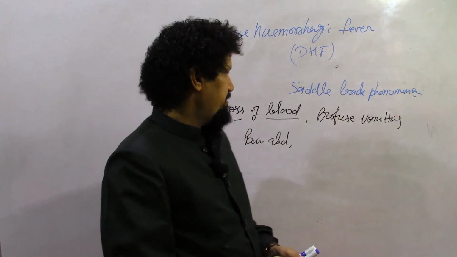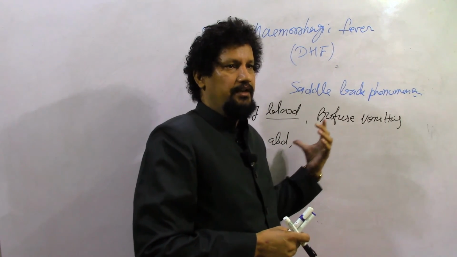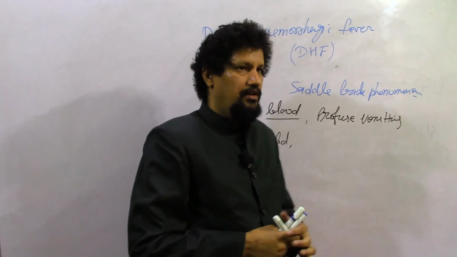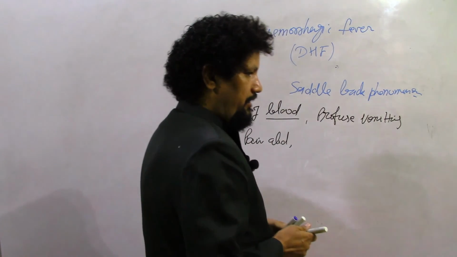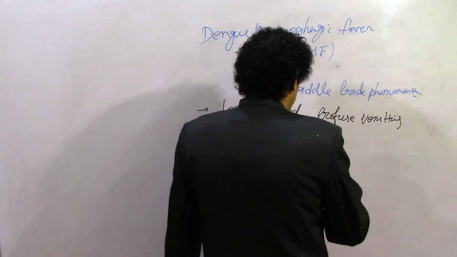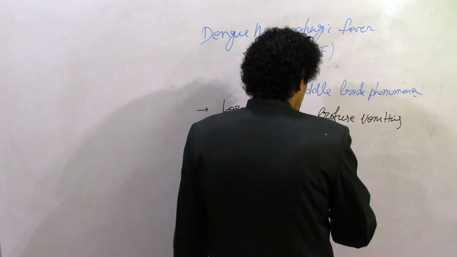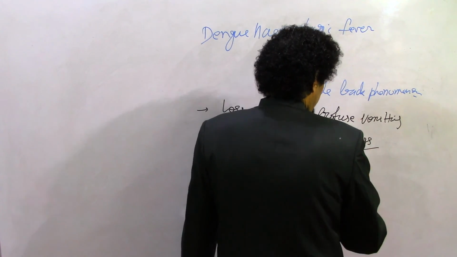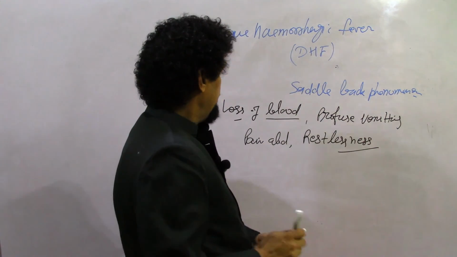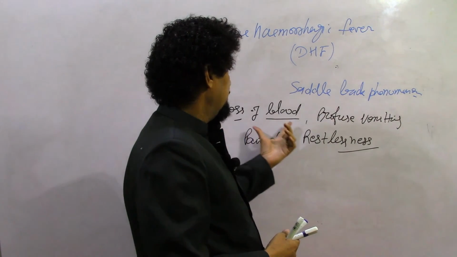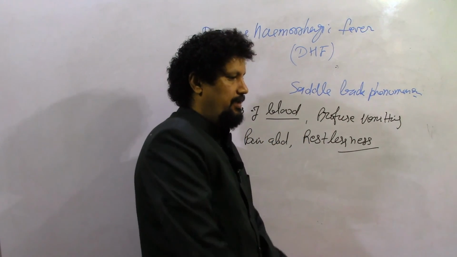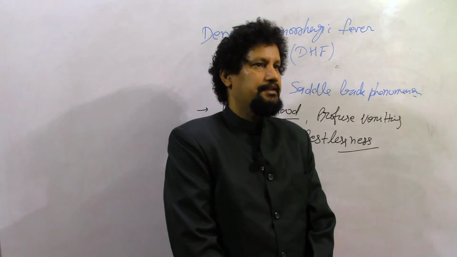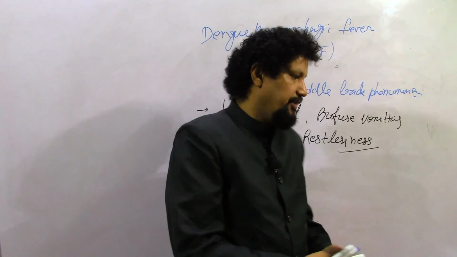Please don't ignore the patient who is having pain abdomen and profuse vomiting, restlessness. When all these symptoms and signs are seen, and these are accompanied by the signs and symptoms of cardiac failure,